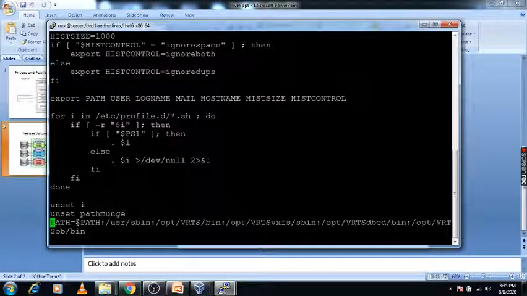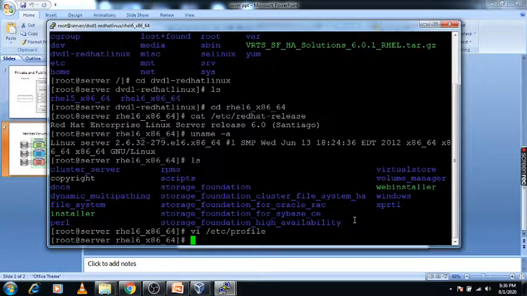So whenever you run any command related to VXVM, under this path you will get all the required commands. These are the paths you need to set. I have already set them, and once set, you need to source it using the source command.